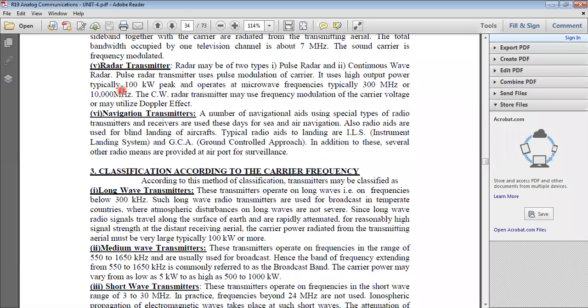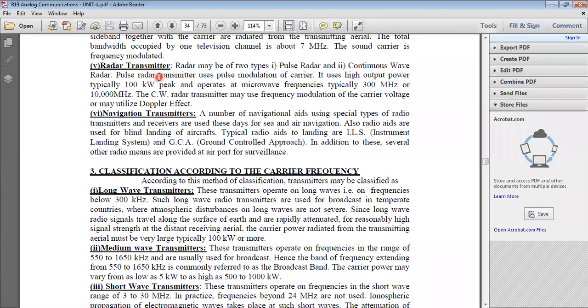To know the direction of aeroplanes, we use these radars. The main principle involved in radar transmitters is receiving the echo signals. By receiving the echo signals, we can guess the aeroplane's distance, its direction, and how much height it is flying. For all that purpose, we use these transmitters to send radar signals, and by receiving the echo signals, we can estimate the direction and height of the aeroplane.